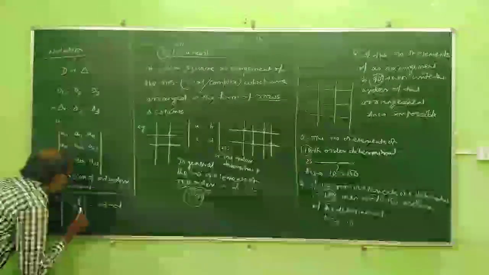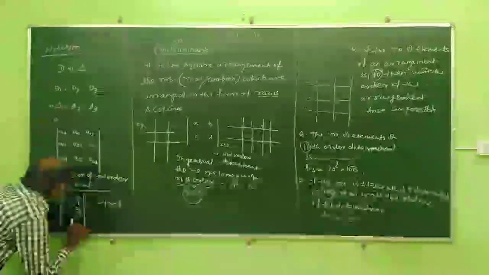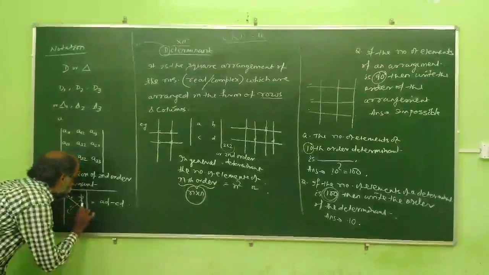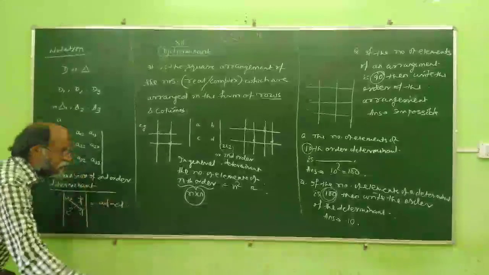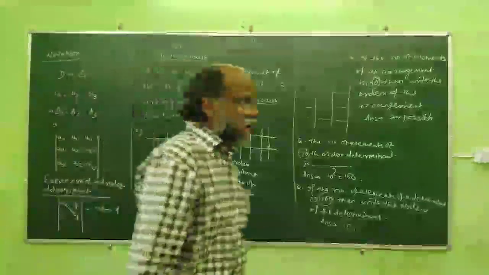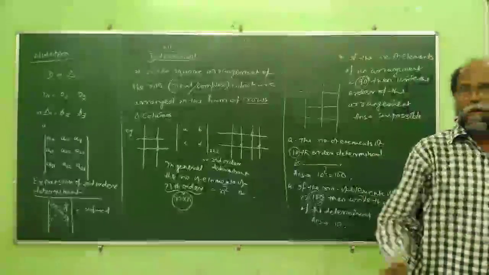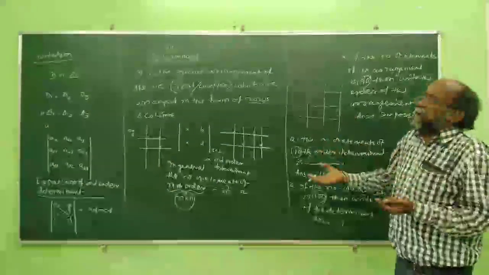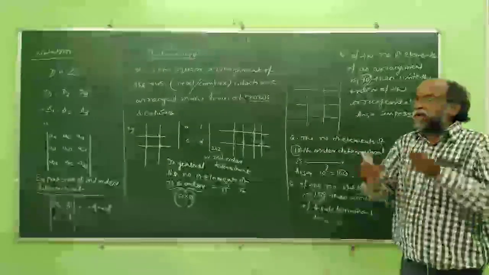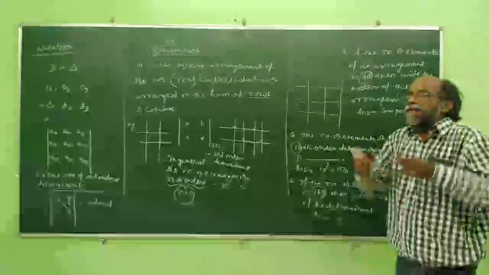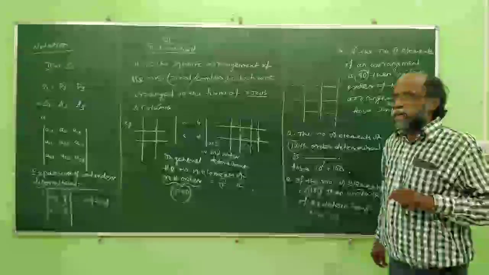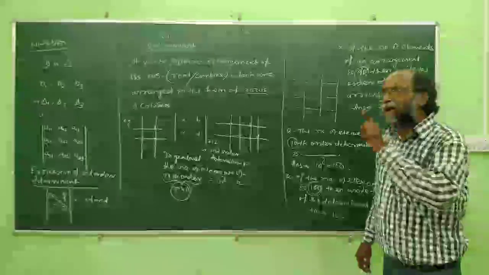Now see, this determinant has some value or not? Yes. Determinant can be evaluated. Determinant can be evaluated, it means a determinant has some value. What is the next chapter? Matrix. But matrix has no value. Matrix is just one representation and nothing else. Clear? In the matrix chapter I will say in detail.